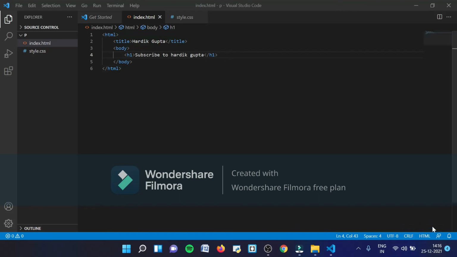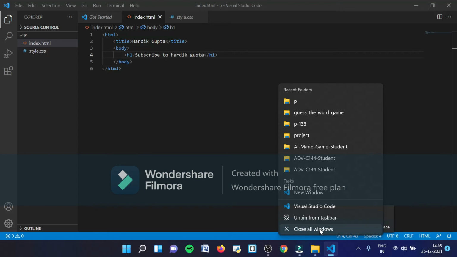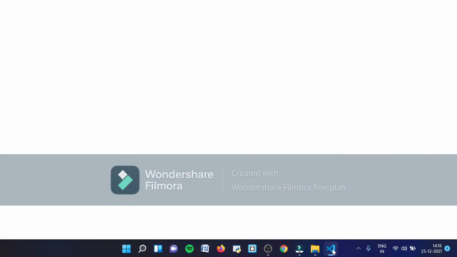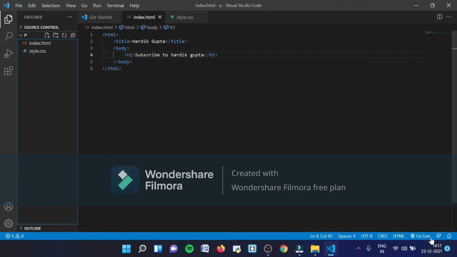and if you don't find any Go Live button, close Visual Studio and open it again. After opening, you can see Go Live button here. After pressing Go Live button, you can see